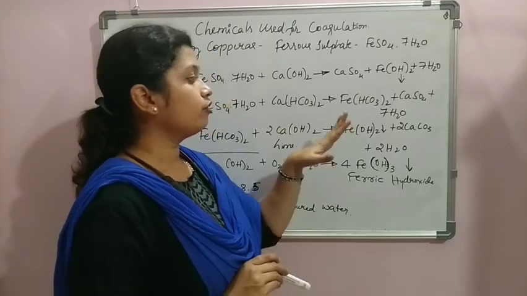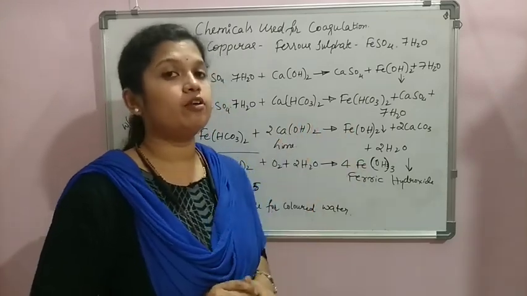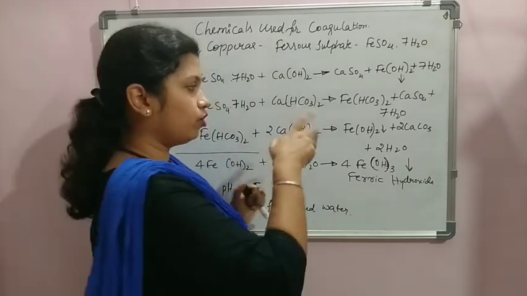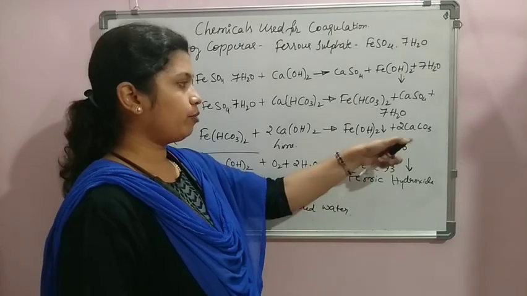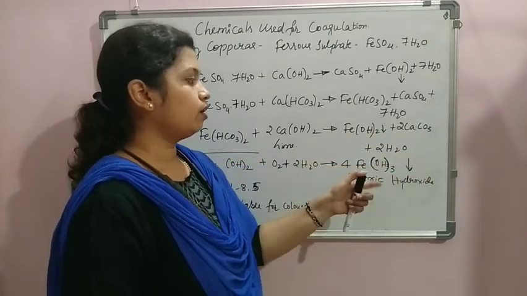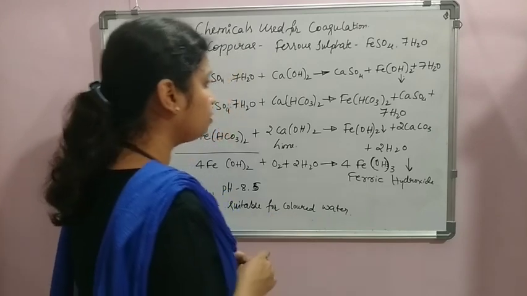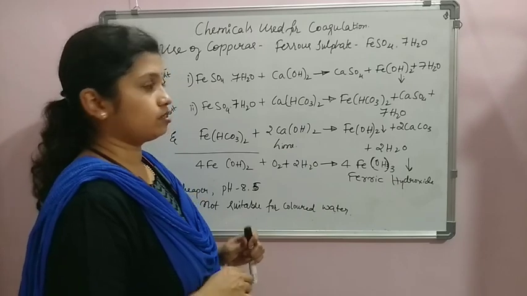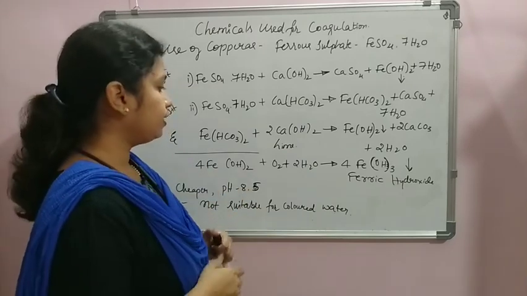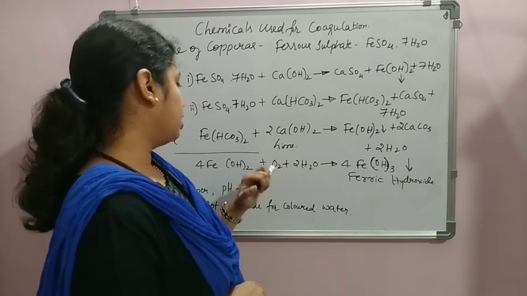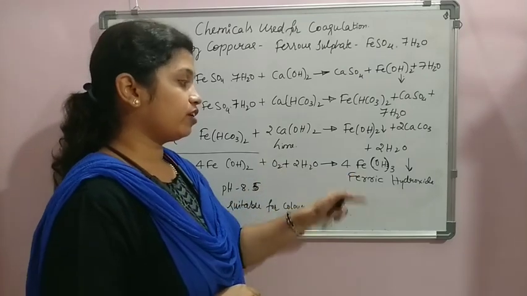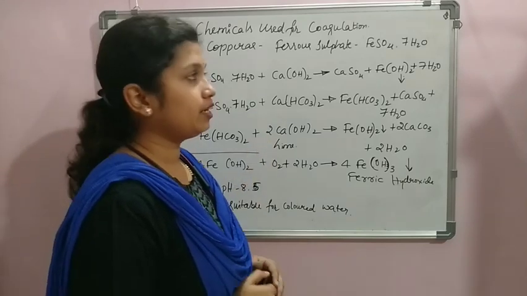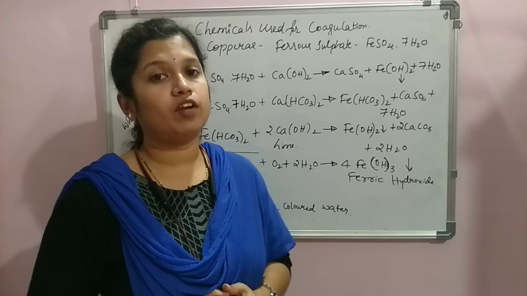This is our intention. We want to make the precipitate settle to the bottom. If this precipitate comes in contact with the particles, they stick to this floc and get settled to the bottom. Other byproducts of the reaction are CaCO3 and H2O. These are the products of the reaction. The ferrous hydroxide formed in both cases further gets oxidized in the presence of oxygen and water and is converted into ferric hydroxide, which readily settles to the bottom. Both reactions are possible, but with the addition of lime we can complete the reaction.